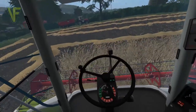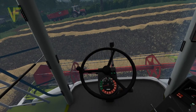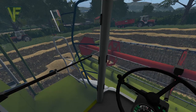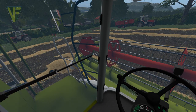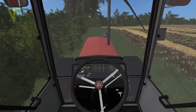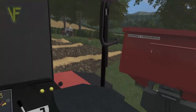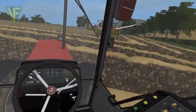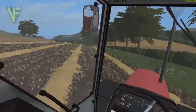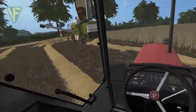Right. So we need to empty this. I am going to lift up the header and put that out. We will turn that off. And we'll just go and jump into it. Because the thing is that this will pretty much be full from this, I think. I might just jump and have a look at the trailer. But I think this will pretty much fill our massive trailer. So we need to go and tip. And after this...